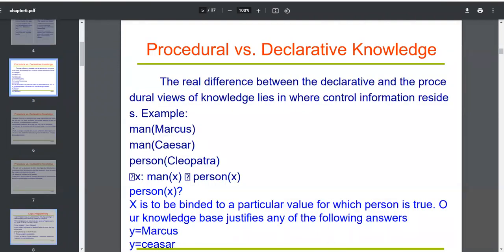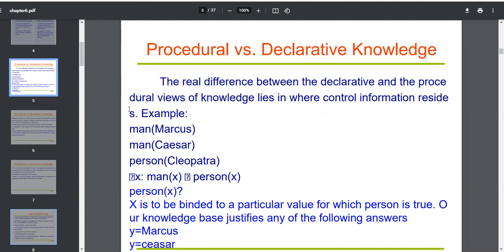Now what we are going to discuss next is an example of procedural versus declarative knowledge representation. So let us see that. When we are discussing procedural and declarative knowledge representation, let us discuss that in terms of Prolog programs, so you can understand it more appropriately. So let us take an example where we have declared certain facts and those facts have been represented in Prolog-like structure.